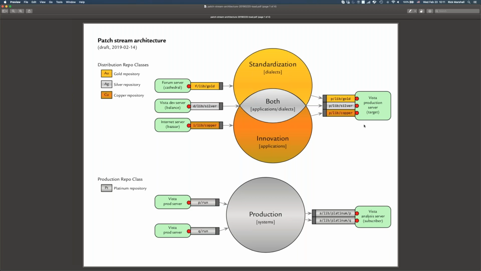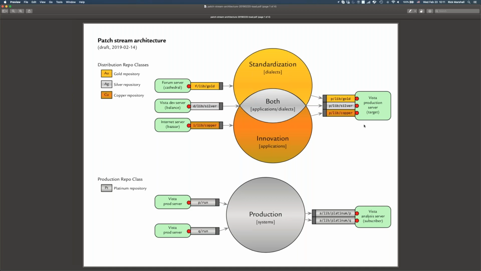So what we want to move towards is a world in which Forum substitutes, instead of doing email or manual file copying, we want it to be using repositories, Git repos, to be its transmission system, so that whenever it's got an update and a new release patch has been verified and tested and it's ready for release and it goes out, the way that it goes out is that it gets pushed into a repo, into a standard location,